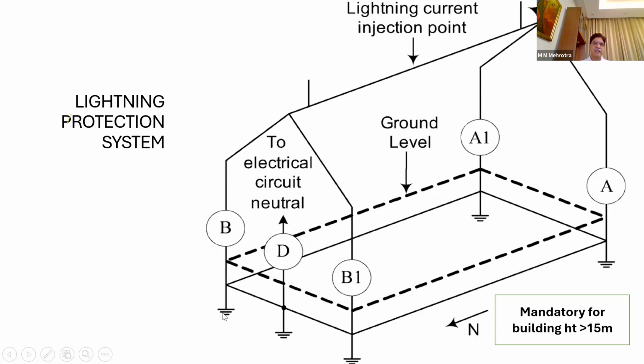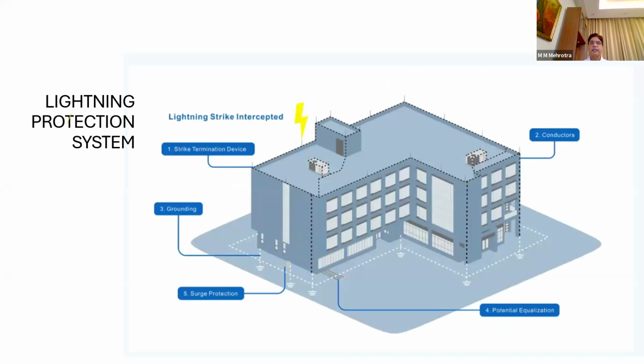There is an earthing photo which I had shown on my earlier slide. That same kind of earthing is there. It will take this energy into earth without affecting our system. Now these sets of conductors are also connected. This is the floor level. Underground they are interconnected so that they provide a path of least resistance, right? So this is that building. You can see the finials, you can see the features.